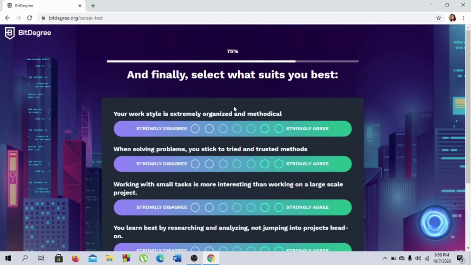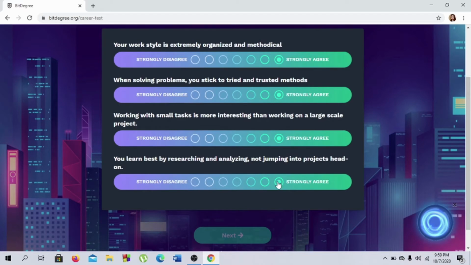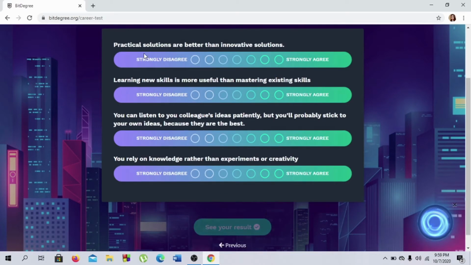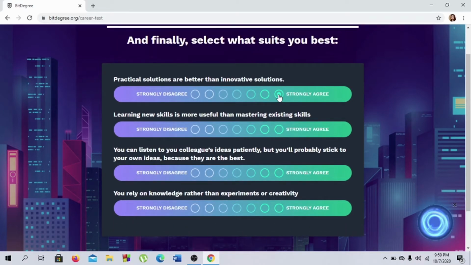Here there are many things you have to click on. For example, your work style is extremely organized and methodical. All of these we'll have to click on, and then click next. There are some more questions.